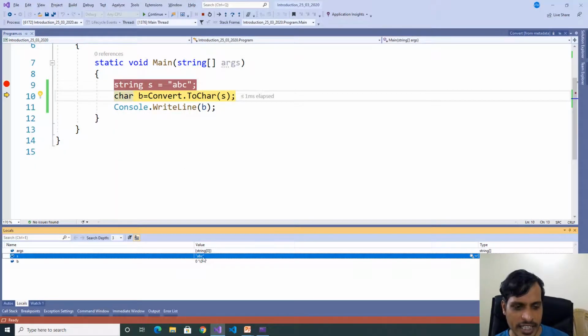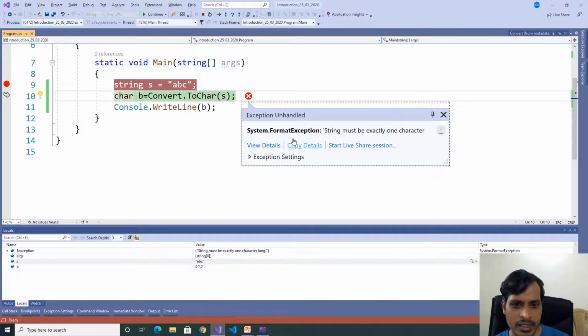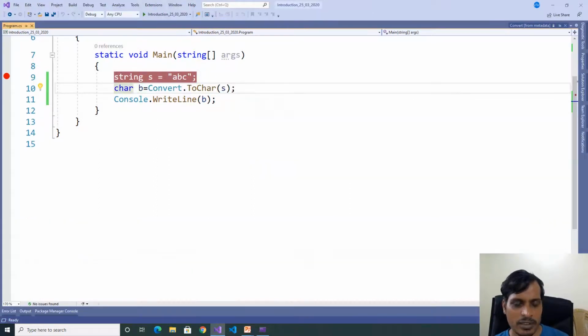Here s contains ABC. We are converting ABC to character. A character allows only one character, but we are passing multiple characters. We'll get a runtime exception. F11. A System.FormatException: string must be exactly one character. If the string contains multiple characters, then the Convert.ToChar method cannot convert the string to a character.